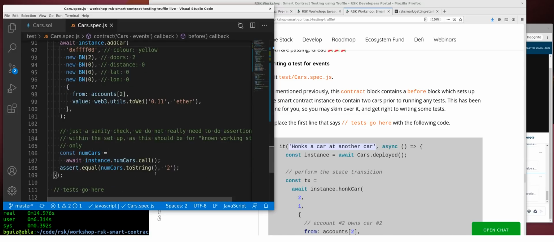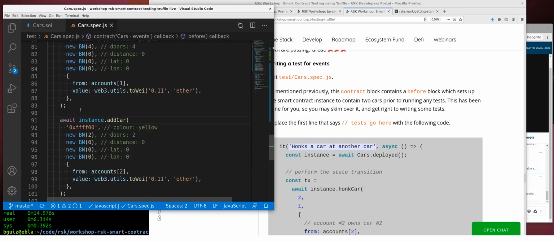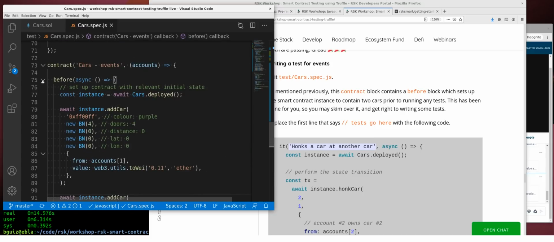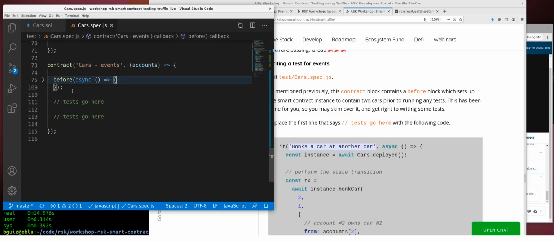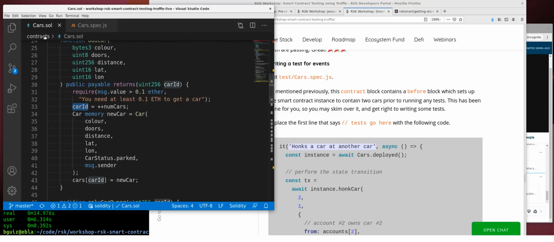So, and then at the end, we just do a sanity check to check that we do indeed have 2 cars inside of the system. All right, cool. So that's what the before block does. And the reason why we need to do that is because our tests for events do require that cars already